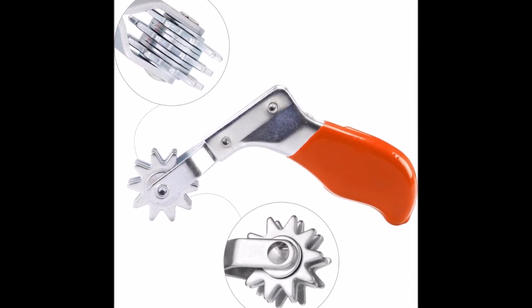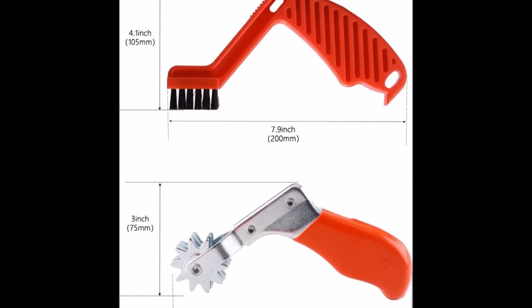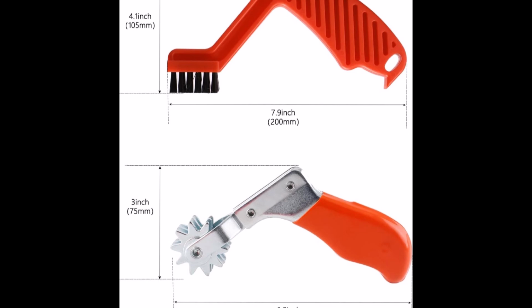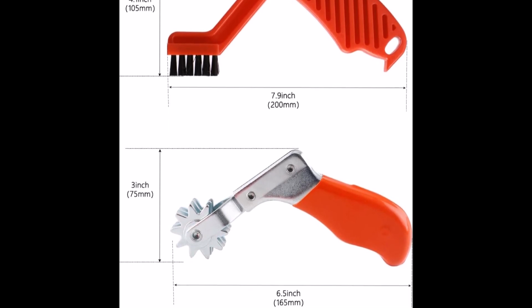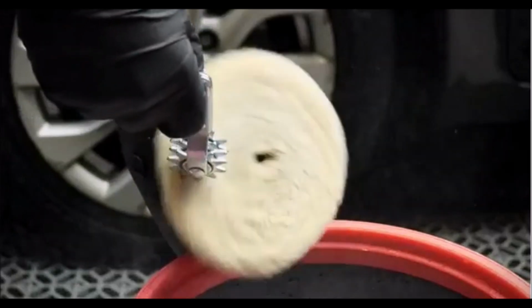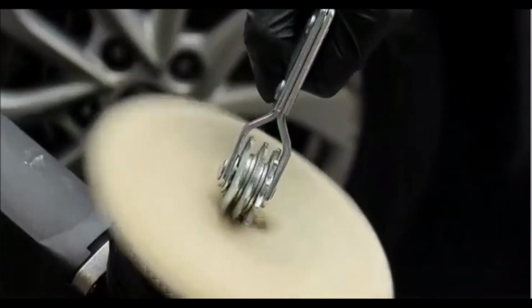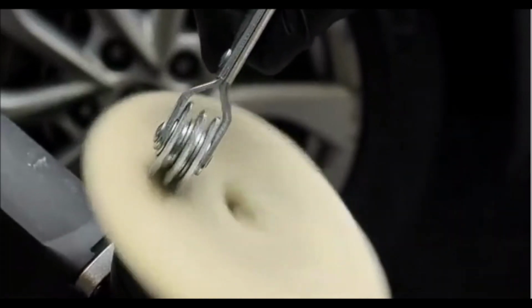Designed for professional cleaning, these tools keep your pads in top condition, ensuring optimal performance during polishing. The Spur tool effectively removes small grit and debris from your pads, preventing potential damage to your vehicle's paint while polishing. The foam pad brush helps clean wax and powder stains from the surface of your pads, extending their lifespan